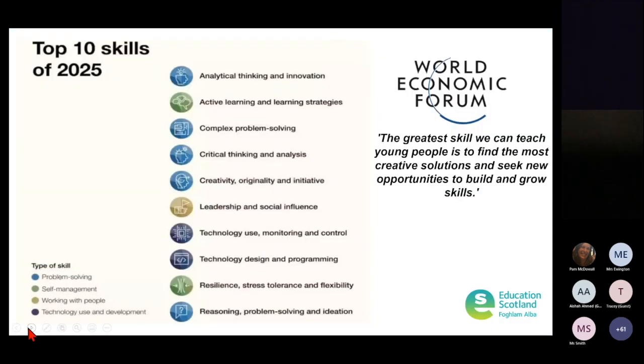I also want to give you that in a global context. So I've set the scene for Scotland. What does that look like globally? And some really nice information and research from the World Economic Forum. So what are the top 10 job skills for our future? By 2025, 85 million jobs will be displaced by a shift in division of labour between humans and machine. 50% of all employees will need reskilling by 2025 as technology increases.